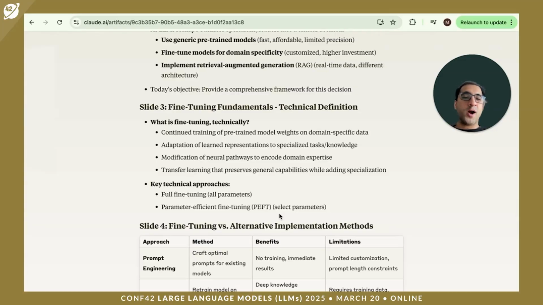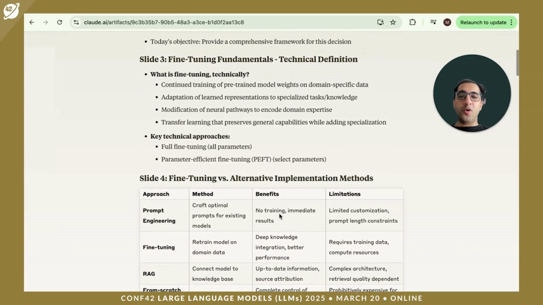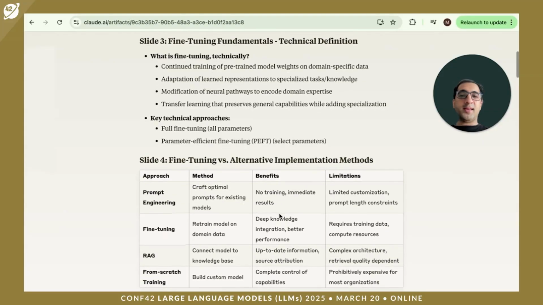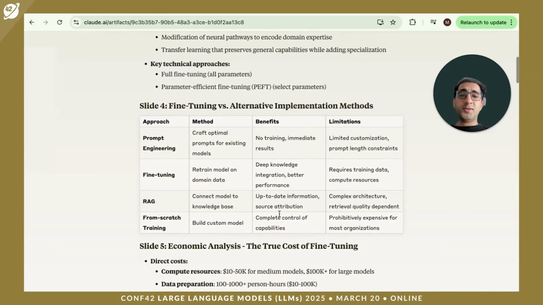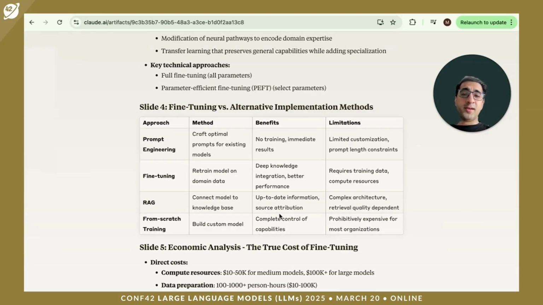The time requirement is also pretty low as well. And then you can move forward. So if I just recap everything right now on prompt engineering and then fine tuning and RAG and then from